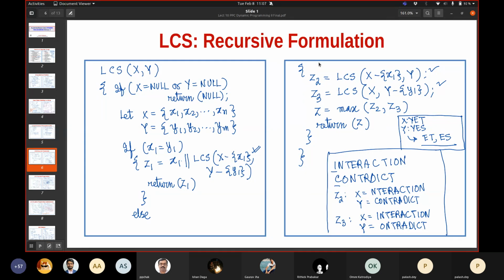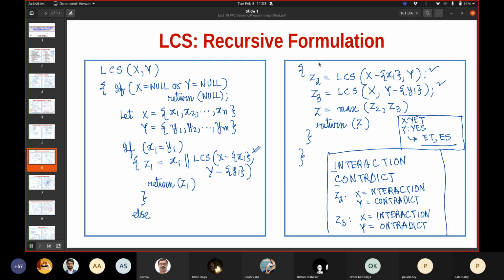So if you see the solution, then you will see that the recursive definition has got 3 parts. The first part says that the base conditions are if x is null or y is null, return null. Otherwise, when x is x1 to xn and y is y1 to ym, then if x1 equals y1, then